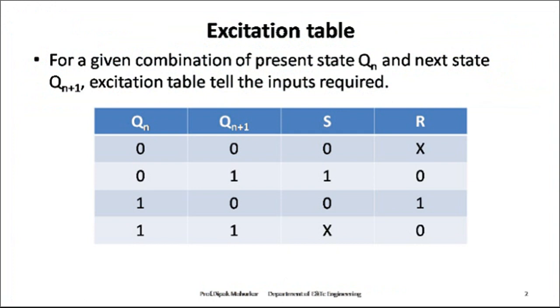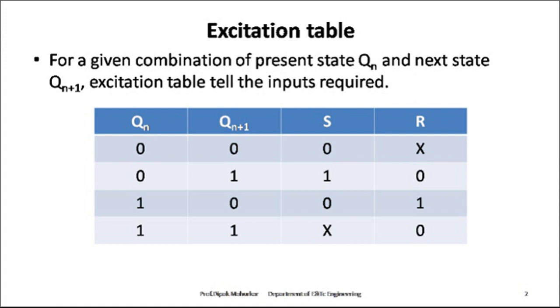So you know that the truth table of a flip-flop is also referred to as the characteristic table. During the design process, we know from the transition table the sequence of states, that is, the transition from each present state to its corresponding next state. From this information, we will find the flip-flop input conditions that will cause the required transition. For this reason, we need a table that lists the required input for a given change of state.